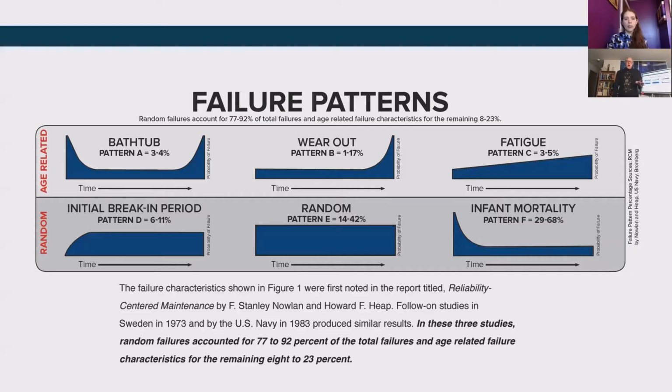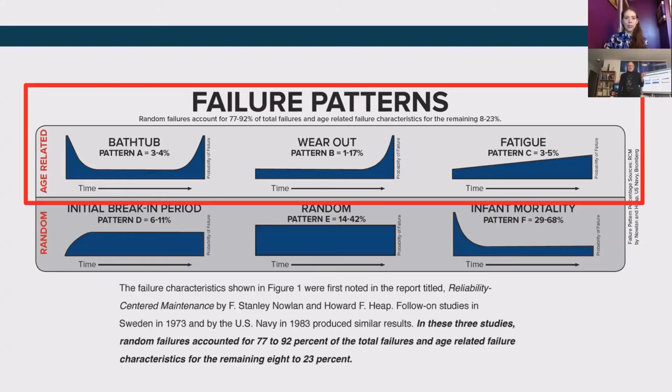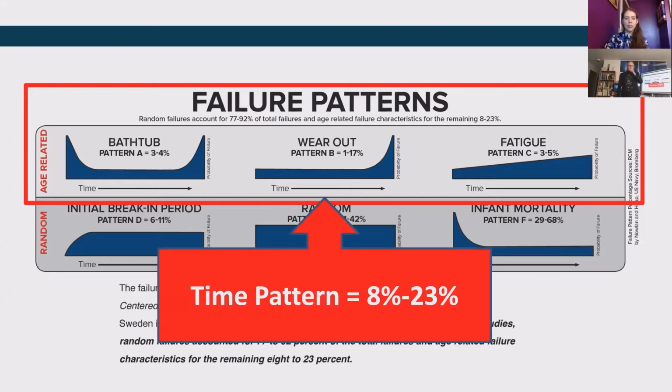Many of you already know that if you look at the failure patterns that came out of Nolan and Heap's Reliability Center Maintenance Report, and then since have been backed up by several other studies, we have combined the results of 3 studies for this particular graphic. And really, the takeaway for this is that the top 3 patterns relate to age, or time, or usage, or some period. And if you add the minimum and the maximum, that's less than 1/4 of your